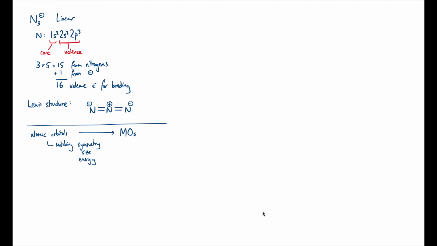So in general, we have to do calculations to help work this out, but in simple cases we can do a bit of a back of the envelope analysis to get us a rough structure, to get us going into our analysis. So if we have, say, 2 atomic orbitals that match symmetry, size and energy, they're going to be slightly different in energy. For example, say I had these 2 different atomic orbitals. When we combine them together,